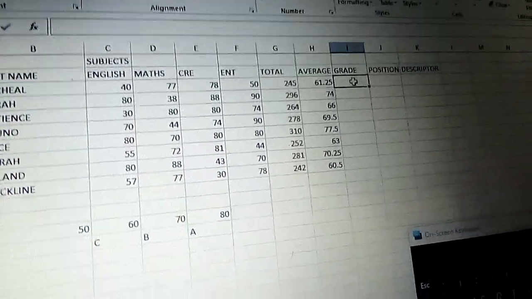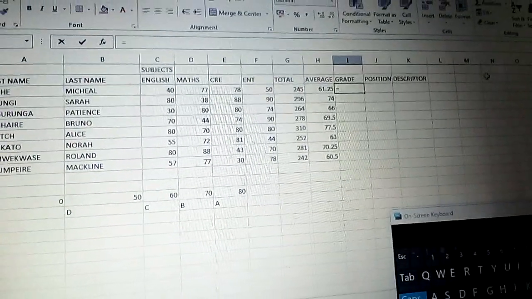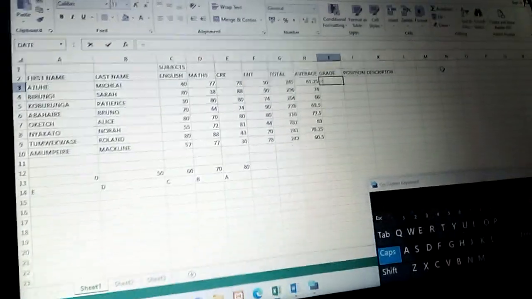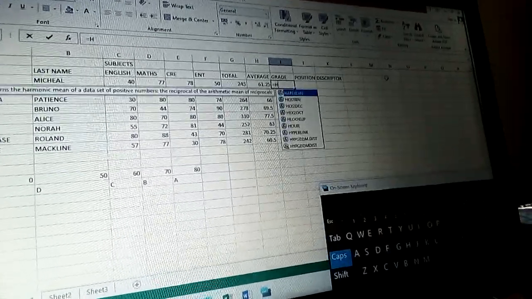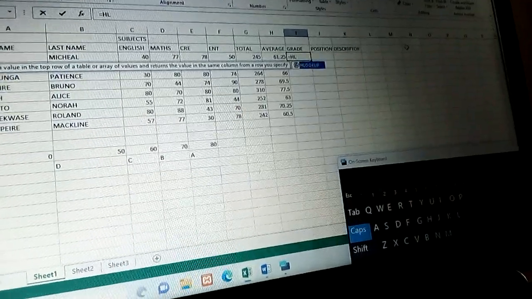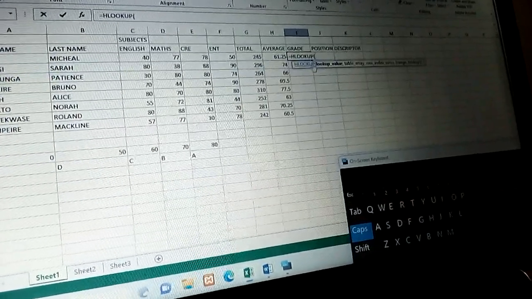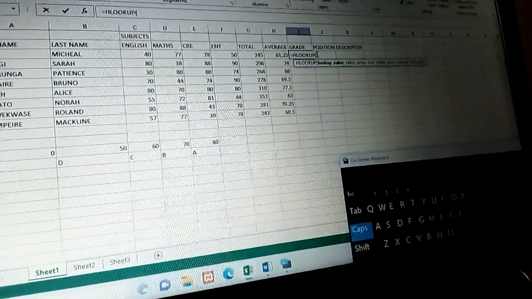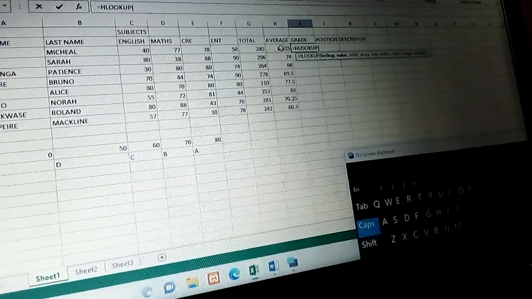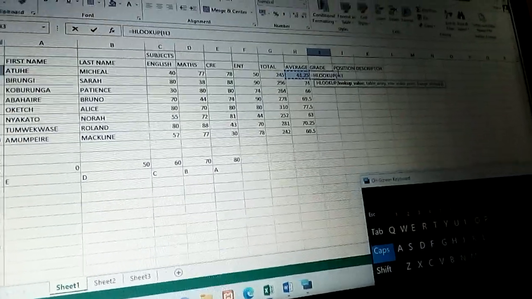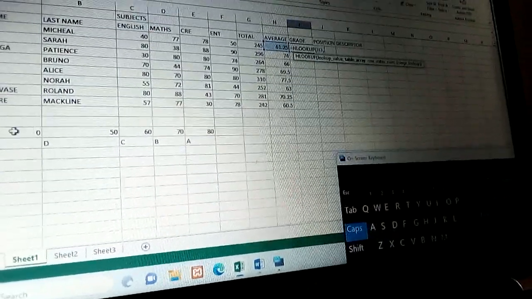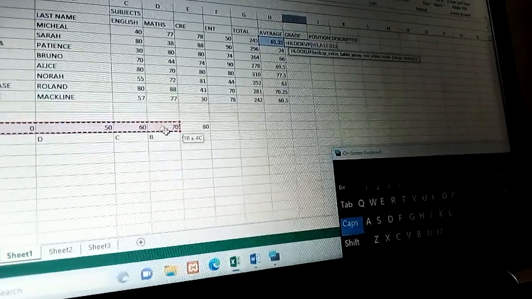And since we are using the HLOOKUP, we said we must start with the equal sign. Then after, we shall type the word HLOOKUP. If it comes here, it's okay. If it doesn't come, we put it like this, and when it comes, we just double click it and it opens. So with this HLOOKUP, we are going to grade the students based on average, and the first student is in H3. So when the H3 is written, we shall put a comma. And after, we shall get this table array and we highlight the whole of it.